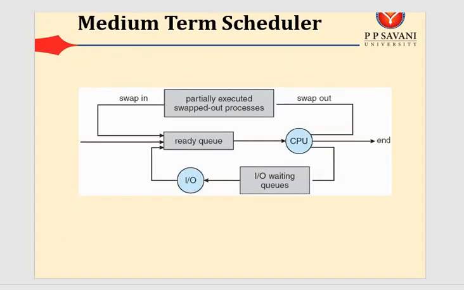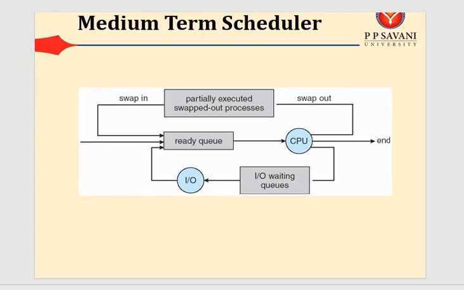Using this diagram, you can clearly understand what schedulers are. Let's take it from the ready queue to the CPU. Whenever the CPU selects any process from the ready queue, that is the short term scheduler. But whenever a time slice expires, a number of processes are swapped out to the secondary memory device, and again whenever the processes are loaded into main memory, that is swapping, known as the medium term